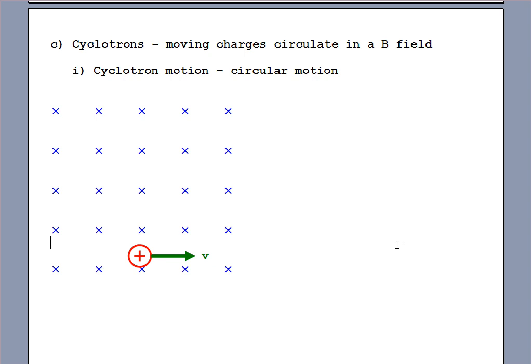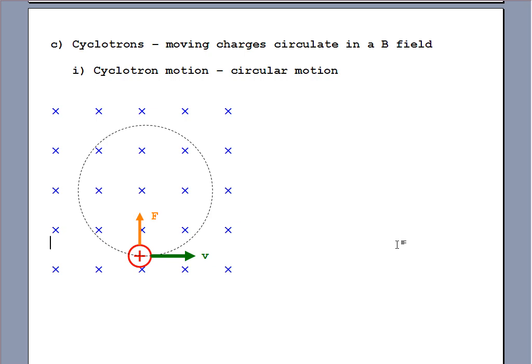So I think already on your page you have this. Imagine you've got a positive charge that's circulating around in this magnetic field. Now actually at TRIUMF you can go for a tour there and they will correctly point out that originally they actually accelerate negative charges and then they remove the electrons later to make it positive. But let's just say that it's positive and it's going to end up going in a circle because of that